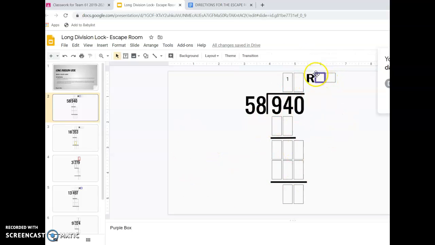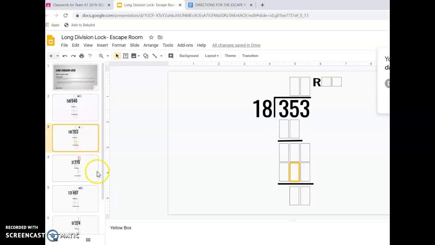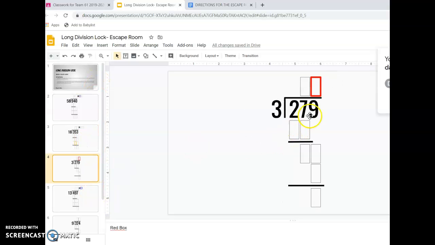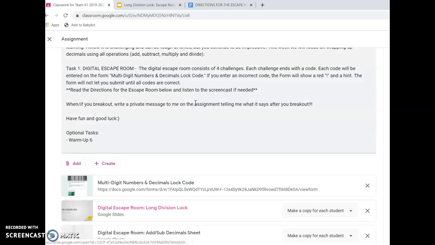If you notice, there will be a number with a purple box. So again, that number will be a key number later on. So we would go through and solve the rest of these problems, paying attention to the number that is in the color box. And those 5 numbers would go with our first lock code. So if I go back to our Google Classroom,